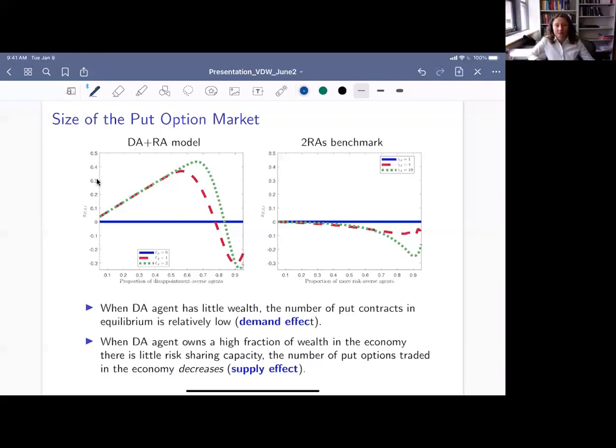Yes. So I'm thinking it might be hard, but an alternative way to think about the results, which is related to my earlier question, would be to look at the terminal wealth profiles and then interpret them as equivalent to a static portfolio of options, right? Because I think here it's kind of arbitrary. The primitive security didn't have to be a put. Exactly. But you see, everything I showed you before does not depend on what the security is. Okay? But this interpretation of explaining the size of the put option market does depend on that.